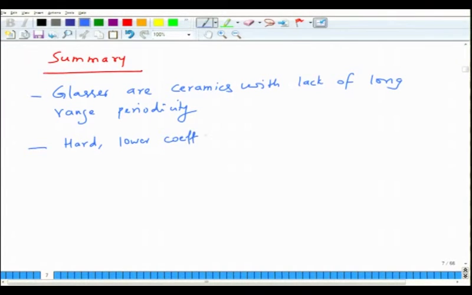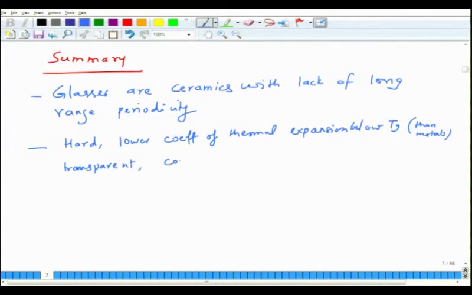Okay. Below Tg or Ts. They are transparent and color can be tuned by putting impurities. Okay. And they are of course insulators, thermal and electrical insulators, and